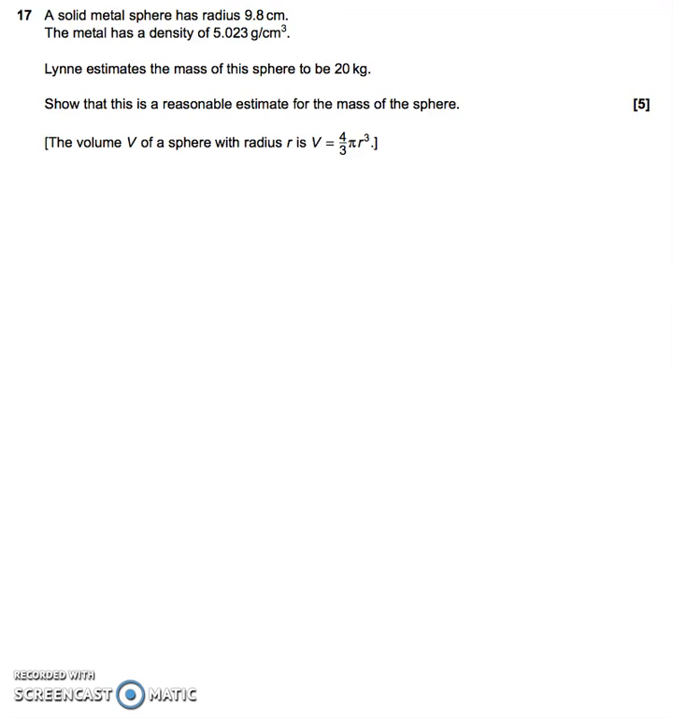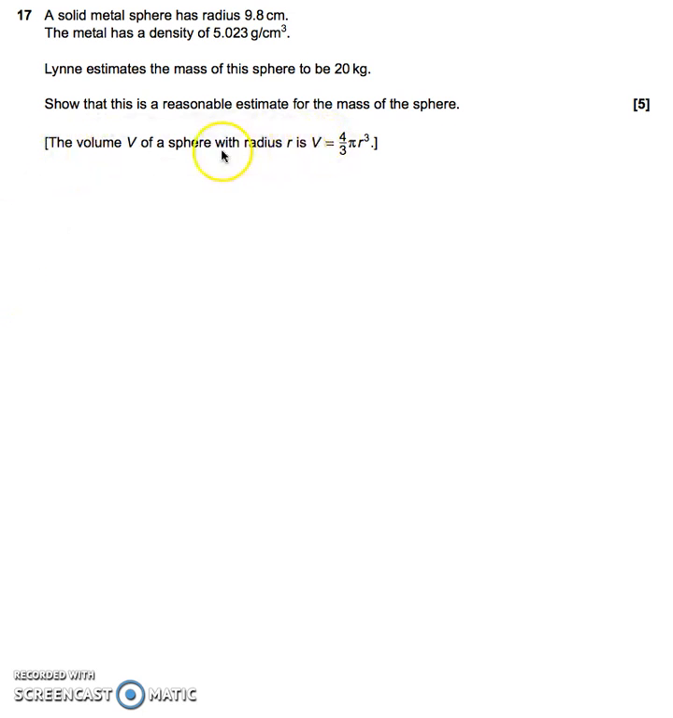In question 17, we're told that a solid metal sphere has a radius of 9.8 centimeters. We're told that the metal has a density of 5.023 grams per centimeter cubed. And we're told that Lynn estimates the mass of the sphere to be 20 kilograms. We've got to show that this is a reasonable estimate for the mass of the sphere, and we're given the